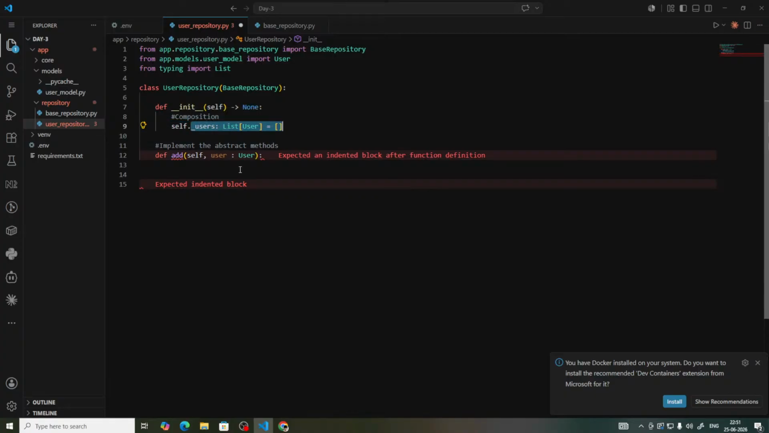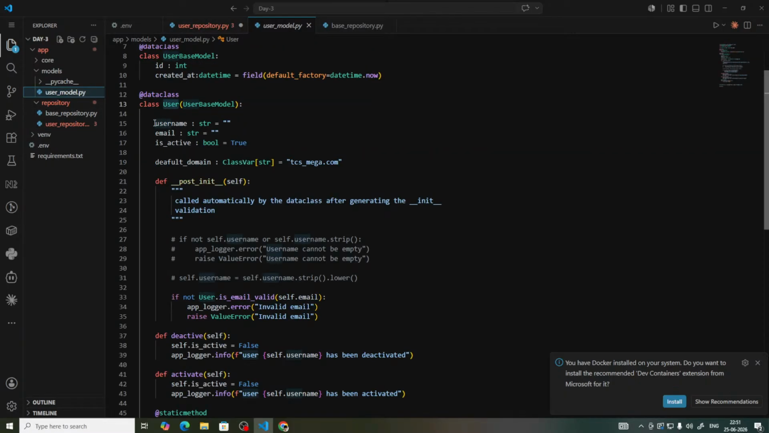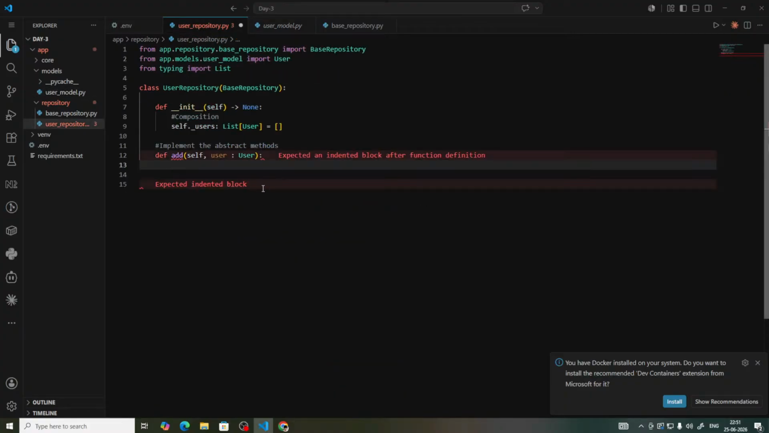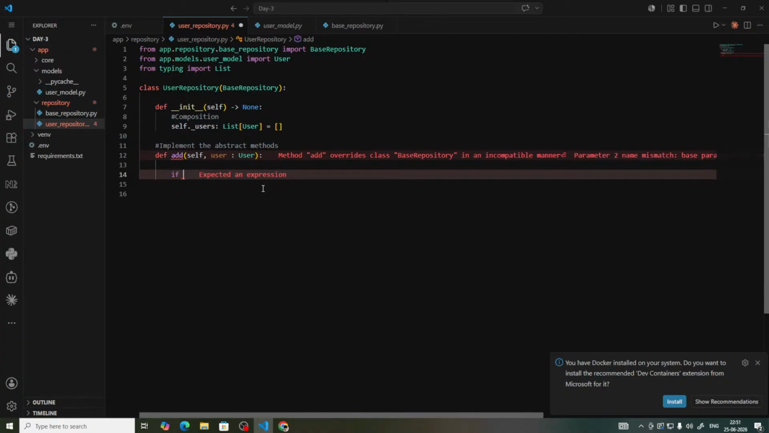So first, what is the logic we need to check? We need to check whether the data coming in is of type user or not, right? Let's say we have some other object with the same attributes, but it is a different model, so it will not work, right? So first we need to check that. So how to check that? We need to write if not